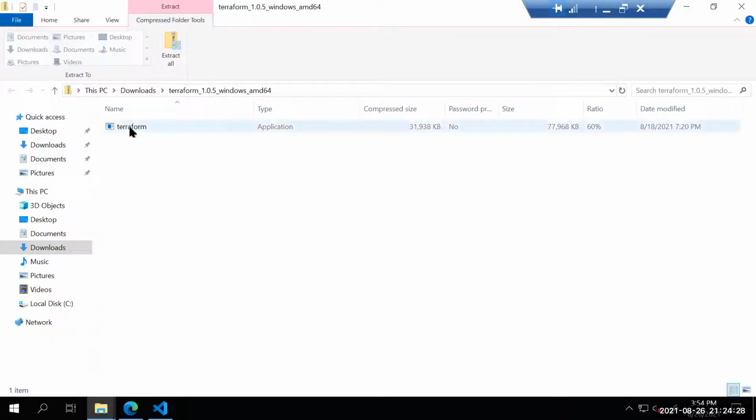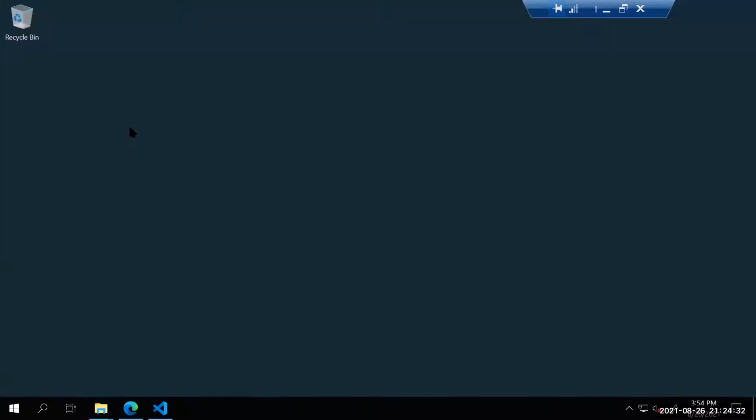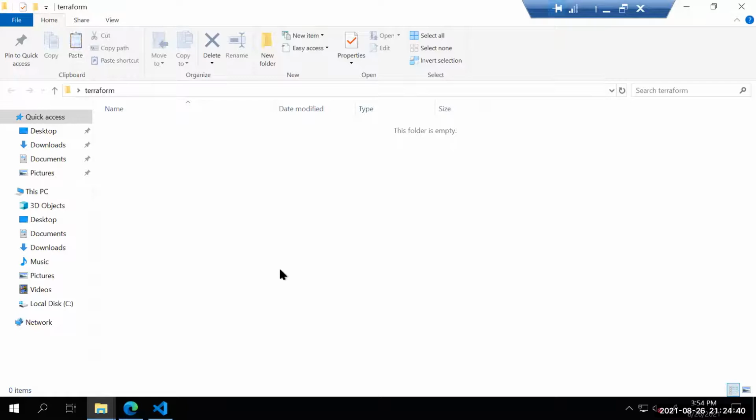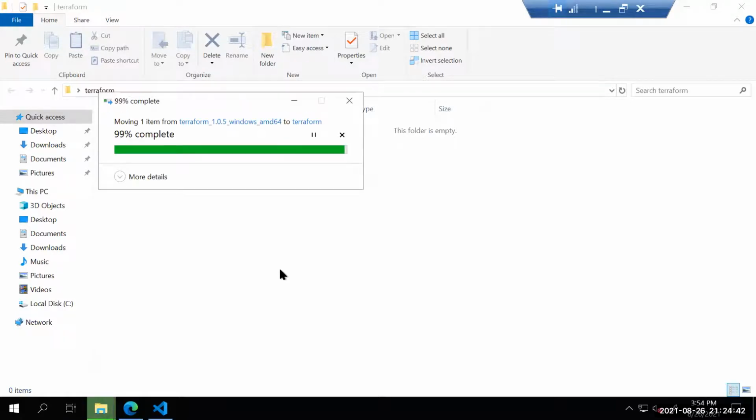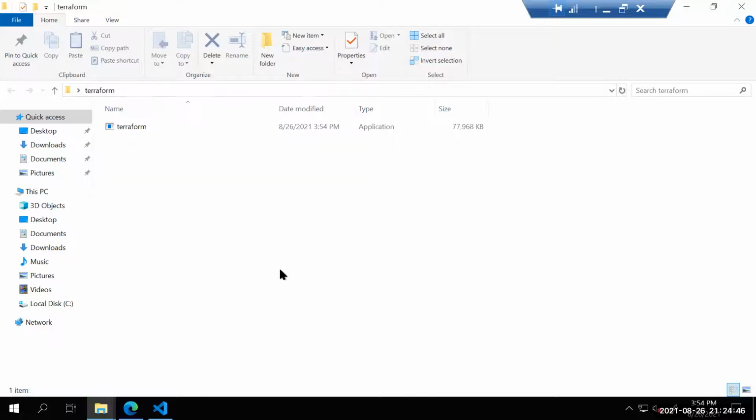And first of all, you need to unzip it. I don't do anything. I'll just cut it and I'll create one folder on desktop and I'll name it Terraform. Guys, you can do it anywhere you want, at any location. There won't be any issue. So once it gets extracted,